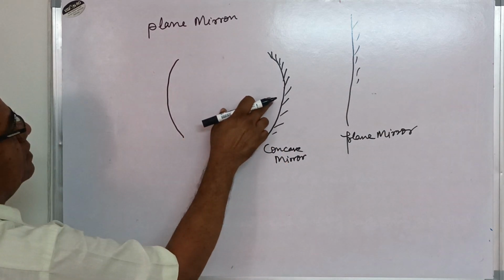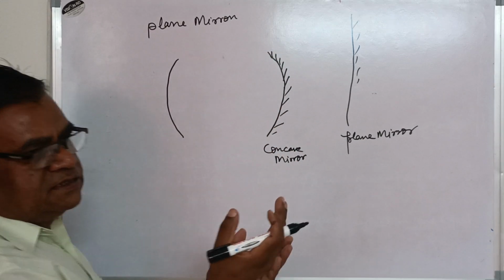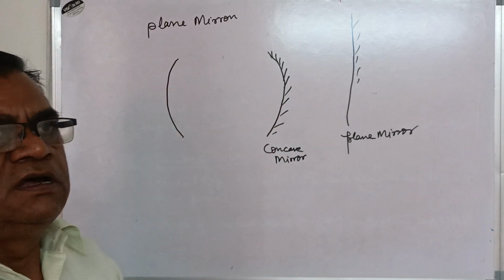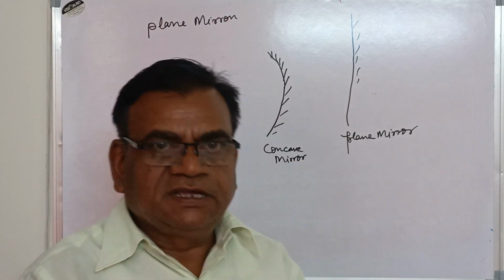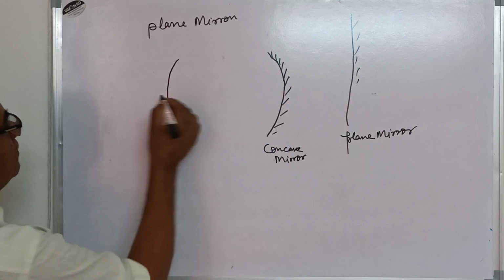The reflecting surface is the inner surface of a sphere, and in convex mirror this